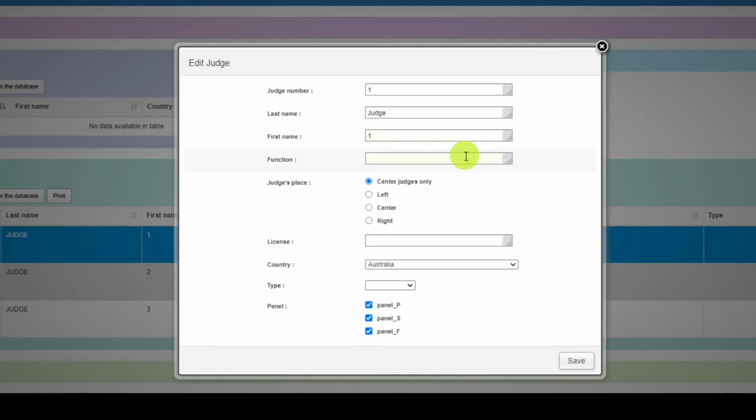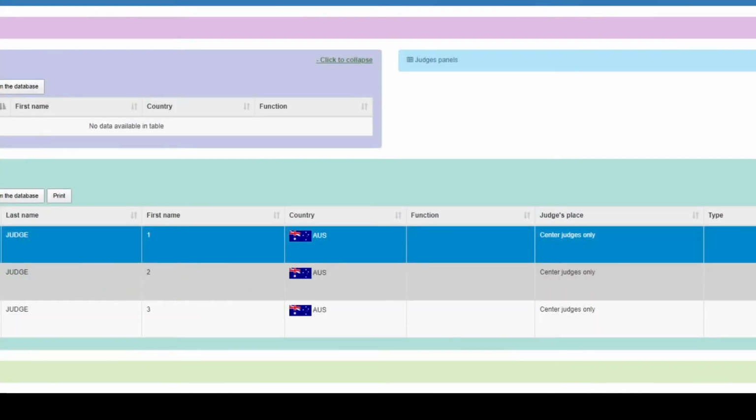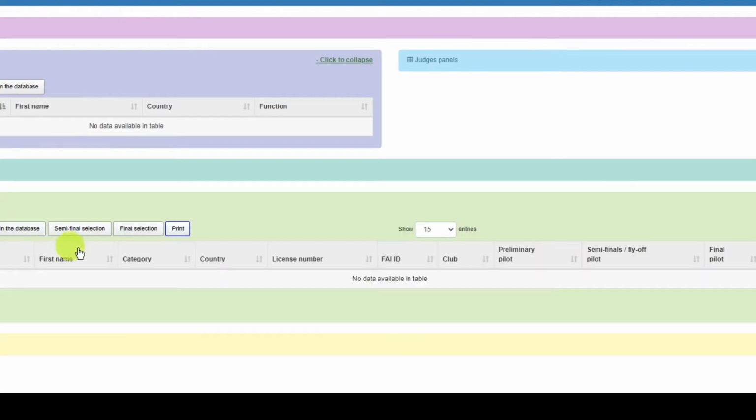You can give them a function, or they're a senior judge, put in their license number, whichever the case may be, and I can assign them to a panel or not just by ticking these buttons here. And are they international judge, are they national judge, and so on and so forth. For the sake of sample 1, I won't be making any changes, and I hit save. Okay, so what that allows us to do now is, once we add competitors, we can then go into opening a flight, and we'll talk about that a little bit later in the video,